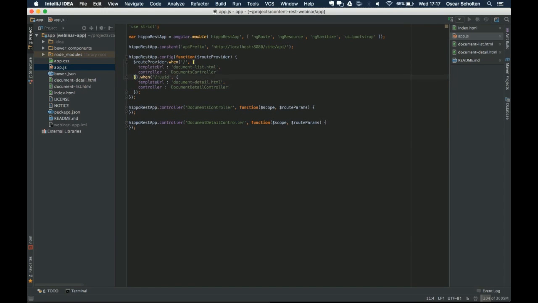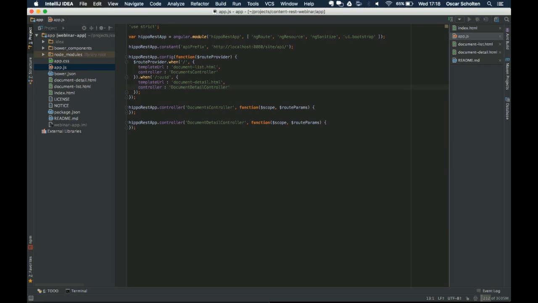routing. So I have a document list component, document list view and a document list controller that I'll use to display a list. And later on, I'll also add some more advanced functionality like searching and paging over that list. And I have a detail view and a detail controller that I'll use to display the details of a document. So let's get coding. What I first want to do is create an overview of